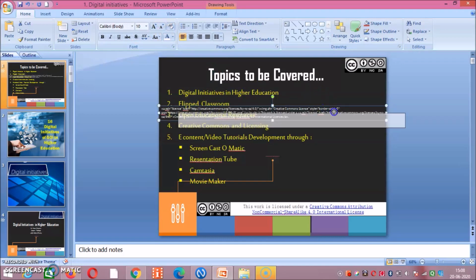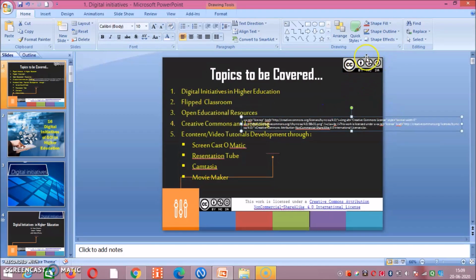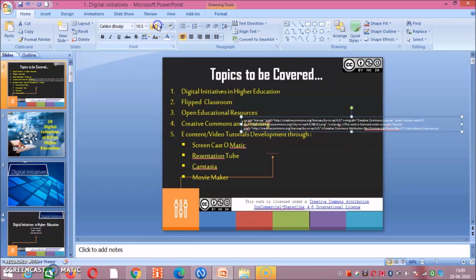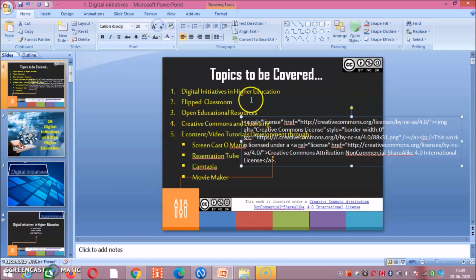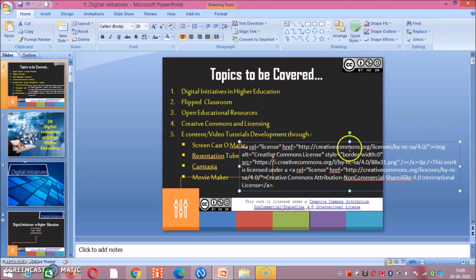So friends, see, this is a description of this license. What it represents: this license is from creativecommons.org.